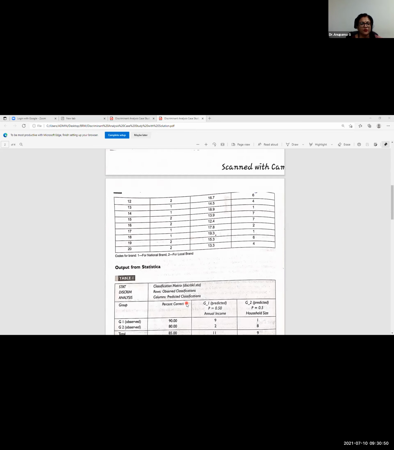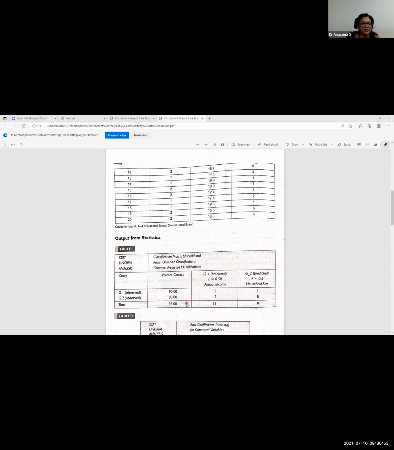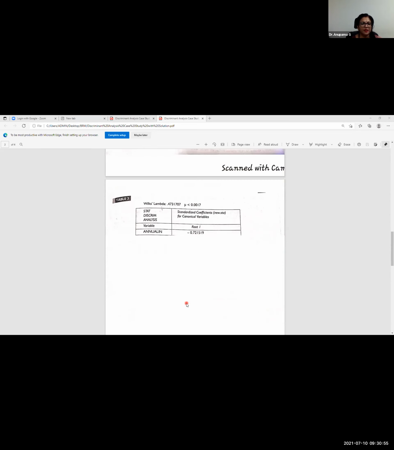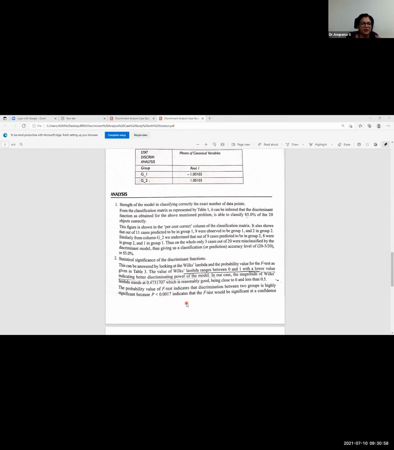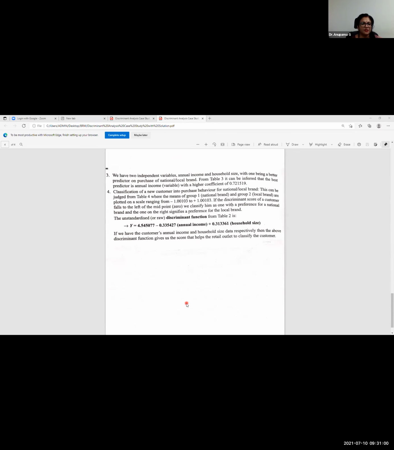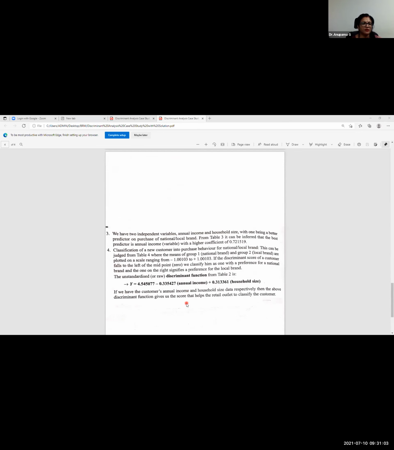Okay. Now, for you to get the answer here, the last question would be, can you tell me, after all the analysis is done, you can see the scrolling. I have put you in the scroll function here. Can you tell us, or can you put on the screen, which is the discriminant function for this particular case study? What is the final outcome? So what is the predictive equation that is going to be used for this particular case study? Someone can mention what are the variables, what are the independent variables and what are the dependent variables.